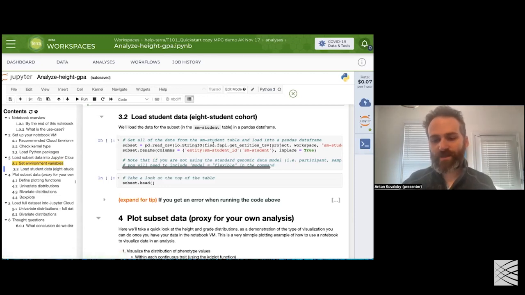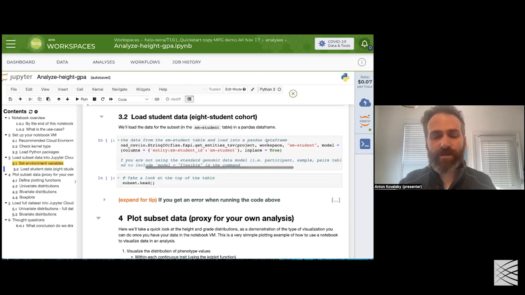This is a package that was developed in DSP a long time ago for exactly this purpose. It's a way for Terra to interact with other things via API, and to interact with itself in this particular case. And we're going to use a FISS function called getEntitiesTSV. So we're going to grab the TSV that,